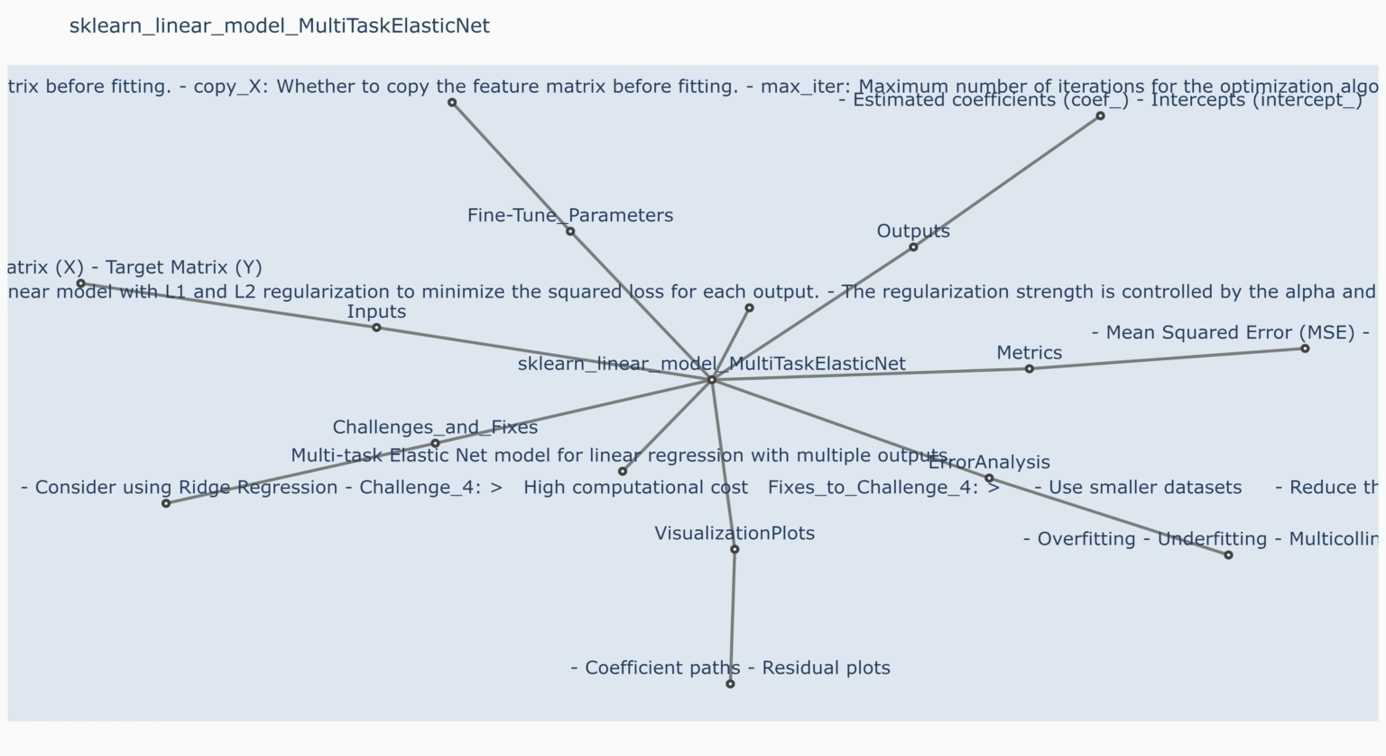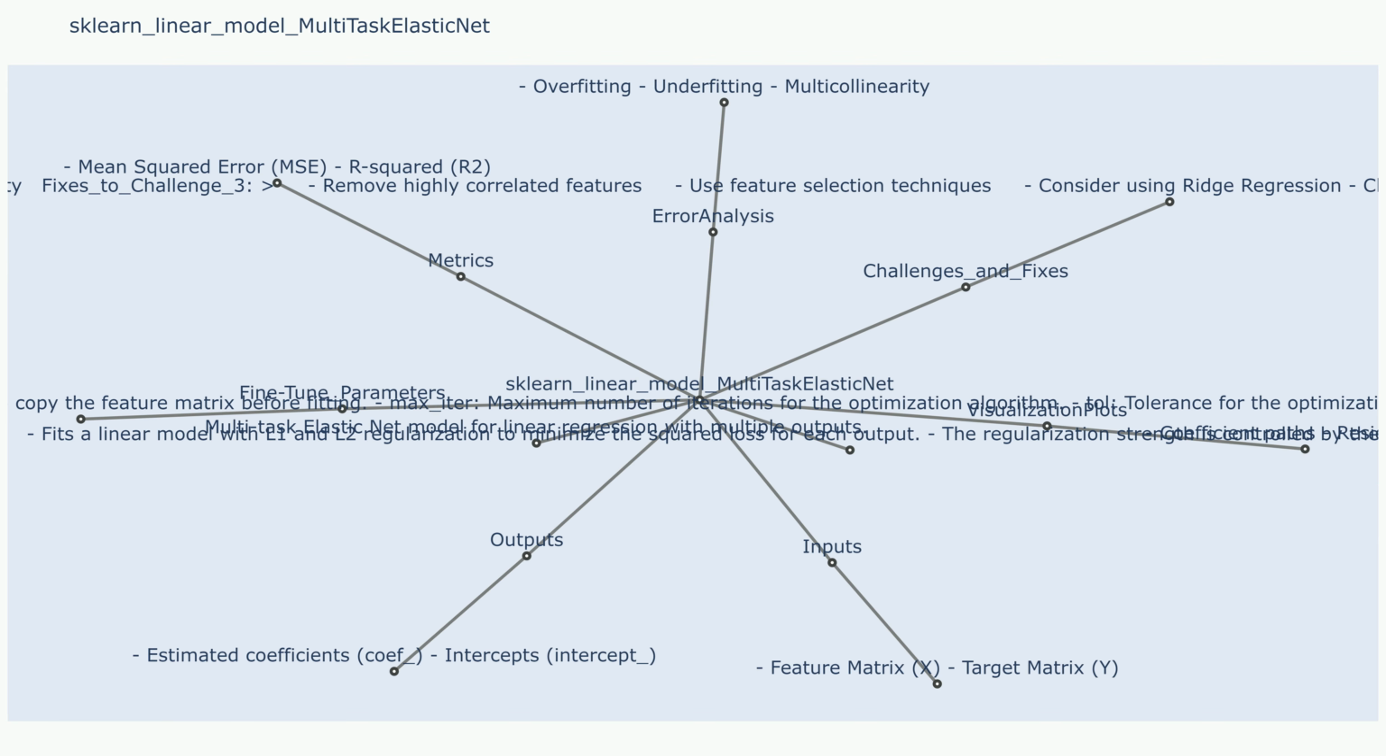sklearn, linear model, multitask elastic net. Description: a linear model that minimizes a regularized loss function. It combines the L1 and L2 penalties in order to learn a sparse solution. This is useful when you have a large number of features and you want to find a model that is